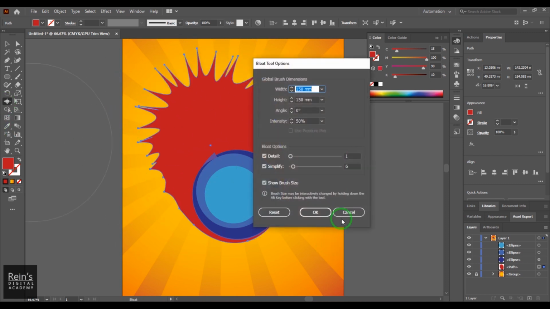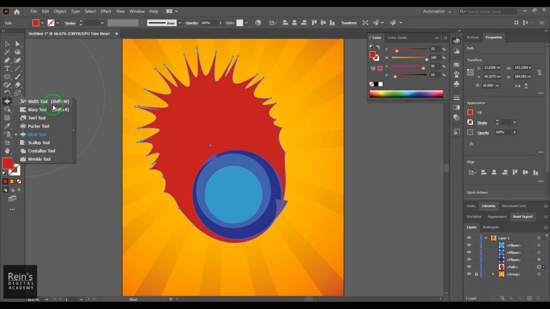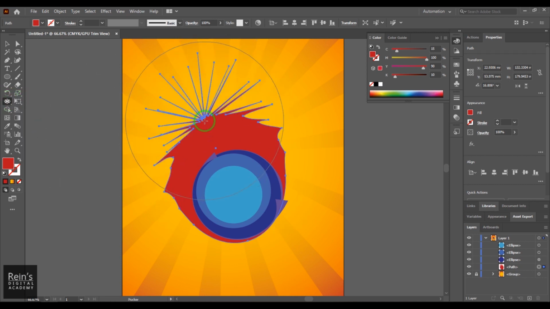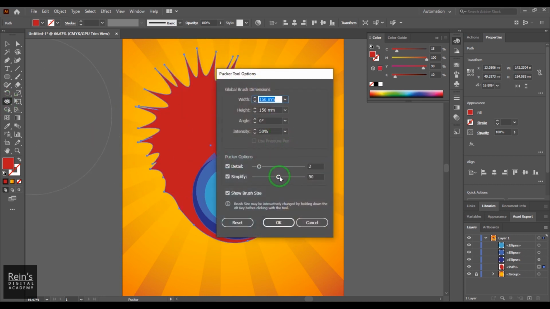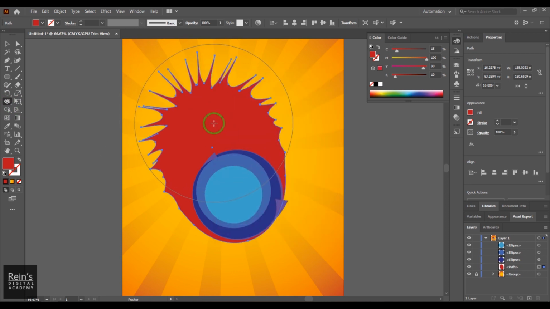So you have the pucker tool, which is basically the opposite of the bloat tool. Okay, so pucker will push everything to the center. You see, in a single click everything came. So I need to reduce the intensity, and then the effect is quite minimal. Okay,